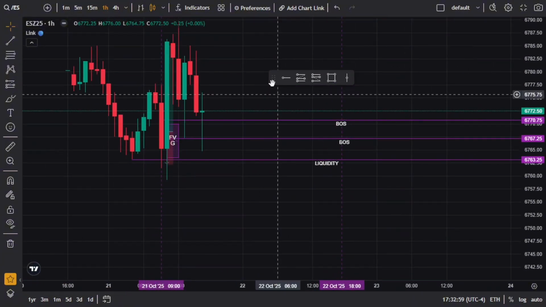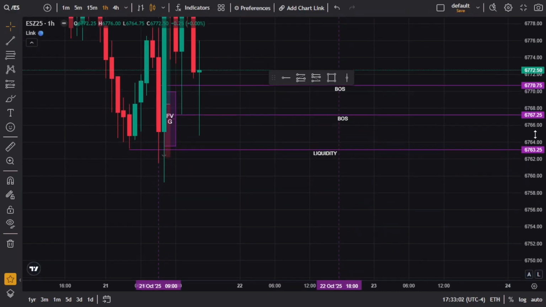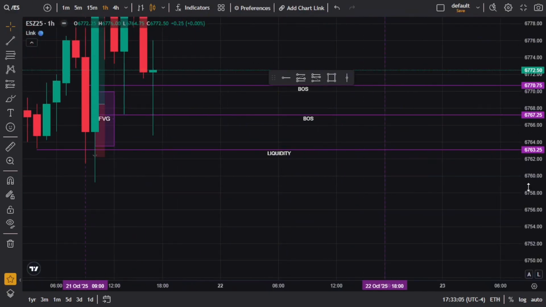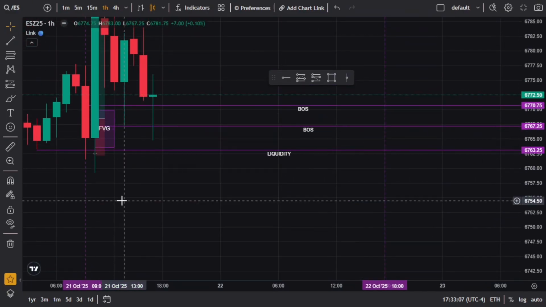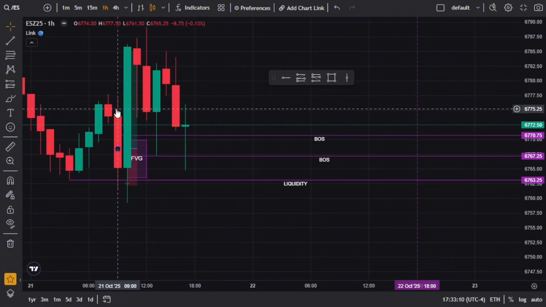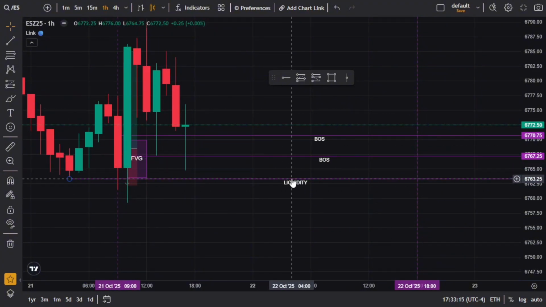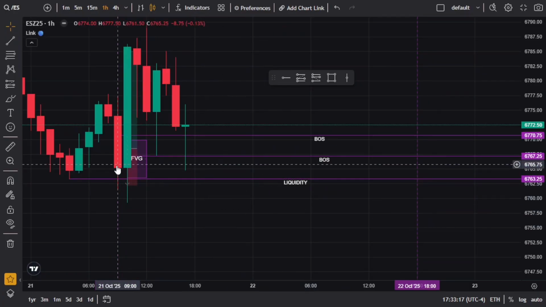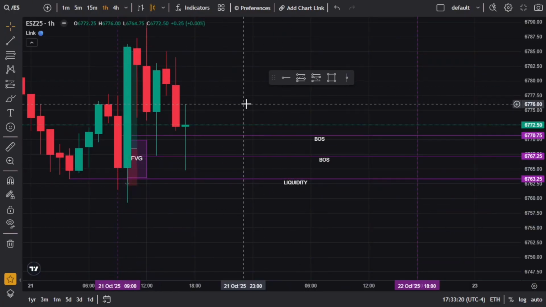So our liquidity was swept right here. This is the perfect example. We marked it out on this candle. This is our previous low from before when market was open. We marked that out, and then we'll type in this line, liquidity. We're gonna wait for that to be swept in the 1 hour. We're like, cool, liquidity is swept.